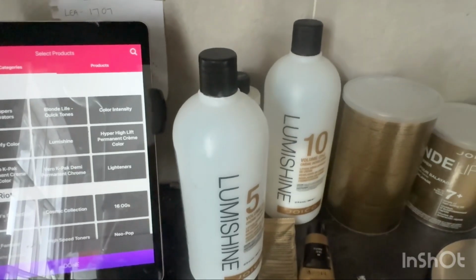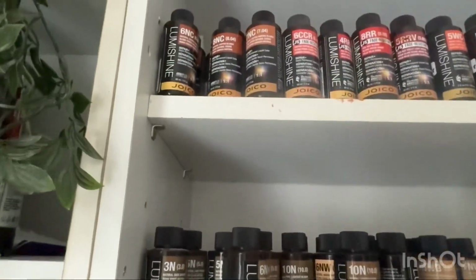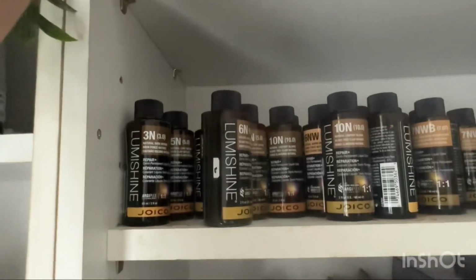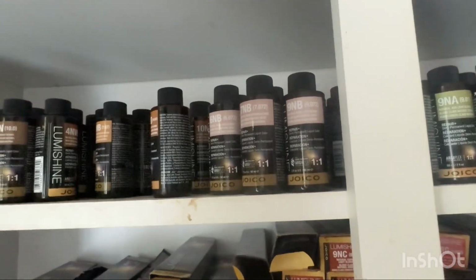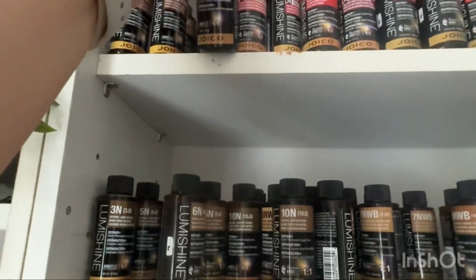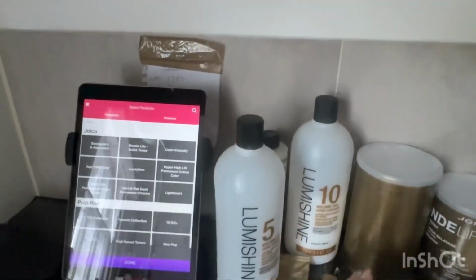and then through her ends I'm going to pre-pigment it with 8NC. She is very blonde, and I want a little bit of gold in there as well, so I'm going to do, actually no, I'm not, I'm going to do 7NC, 7NC and 9G again with 5